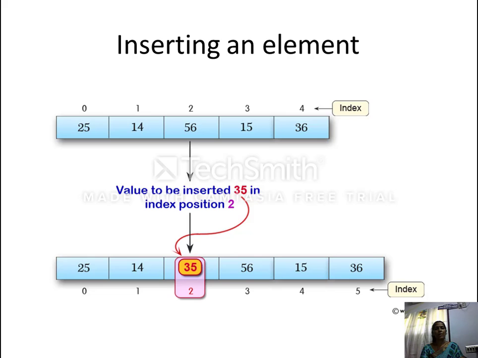So the value at index 4 is shifted to index 5, and the value 15 at index 3 is shifted to index 4, and the value 56 at index 2 is shifted to index 3. And so we get a place to insert the new value 35 at the position 2.